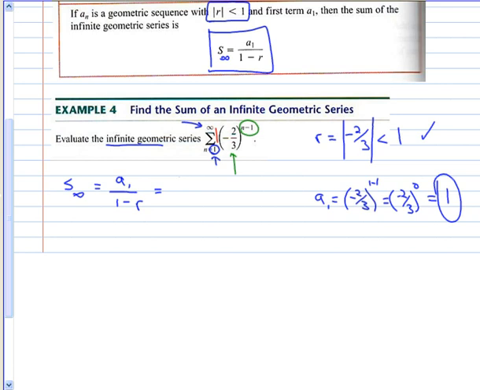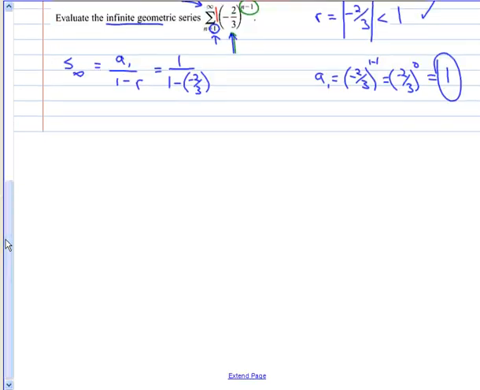So our first term is 1 divided by 1 minus my common ratio. My common ratio over here is that negative 2/3. So let's simplify this and see what our infinite sum is. 1 divided by 1 plus 2/3. Well, 1 plus 2/3 would be 5/3. 1 and 2/3, 5/3. We don't divide by fractions. We'll take that 1 and multiply by the reciprocal. 1 times 3/5 is 3/5. And so if you started this expression and added all the terms you could generate if you did it infinitely, it would add up to the grand total of